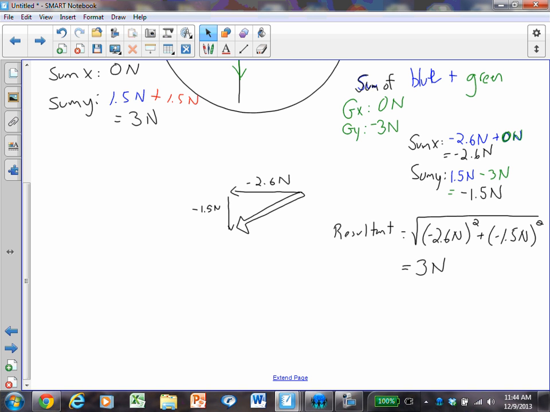So there's a relationship amongst the sum of the vectors, whether it's blue plus green or red plus blue or blue plus red, well, all three combinations, right? See that? So